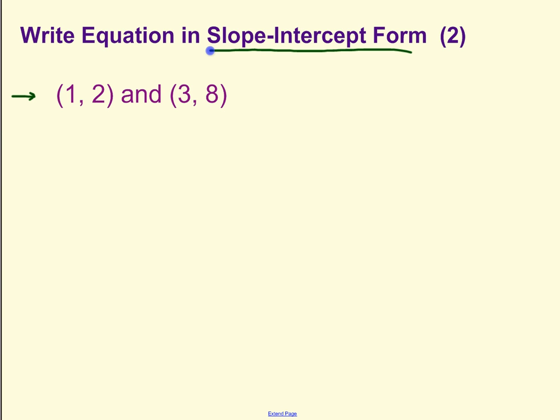Anytime that you are given 2 points, the first thing that you need to find is the slope. So if we remember, our slope formula is y2 minus y1 over x2 minus x1. And then it is helpful to go ahead and label your points, x1, y1, x2, y2. And that just lets you know exactly where every single number goes. So if you don't have the slope and you're trying to write an equation, you need to find the slope